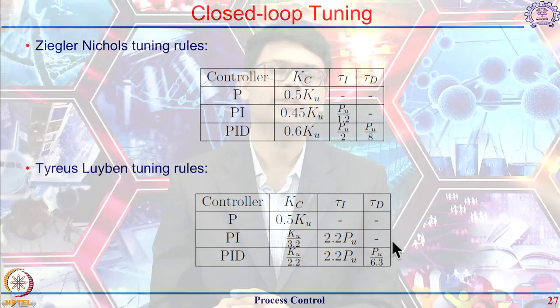So, by using heuristic tuning, you can use either the open loop or closed loop tuning method, and here are some of the ready-made formulas which you can use. A lot of times these will give you a starting point for your system, and once you have these as a good initial guess, you can still tweak some of these parameters and try to obtain the final best values depending on the process at hand. So, these can be used as a guideline.